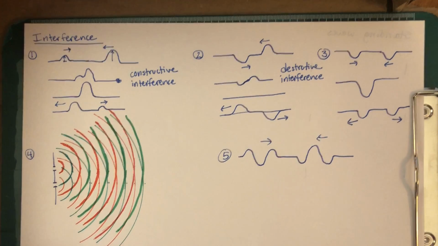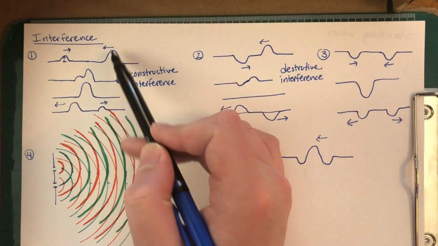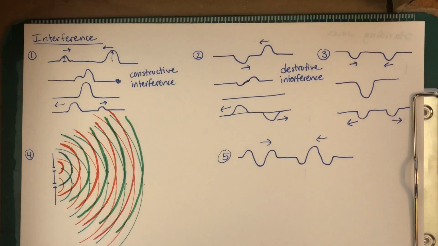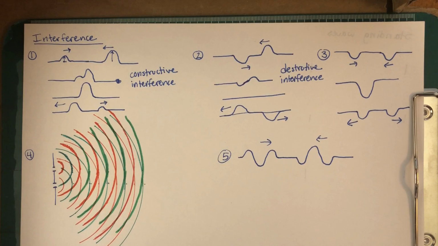Okay, so this is looking in one dimension. The same thing could happen for a longitudinal wave. And in that case, the up and down drawings would indicate like a compression or a rarefaction instead. All right, now let's look at this thing. Looks a little bit crazy. What it is